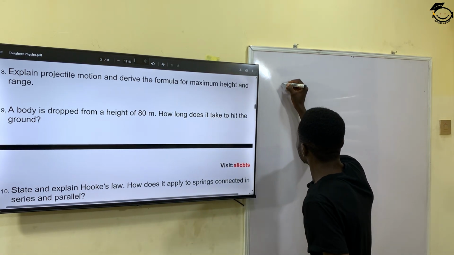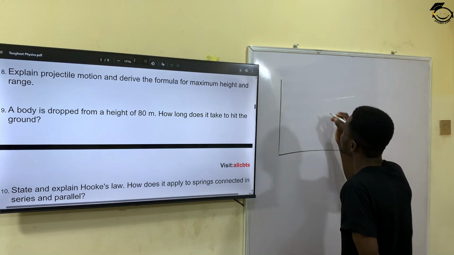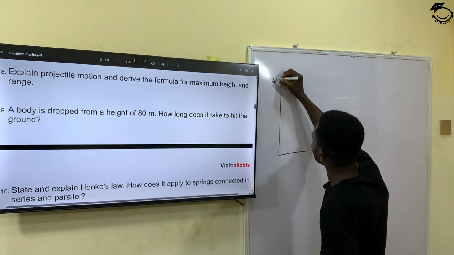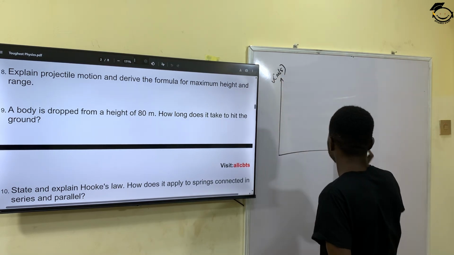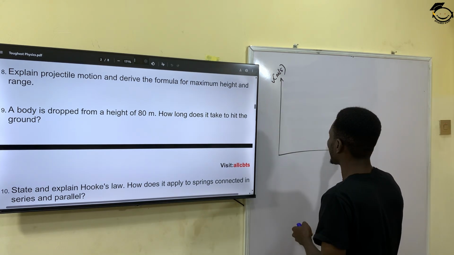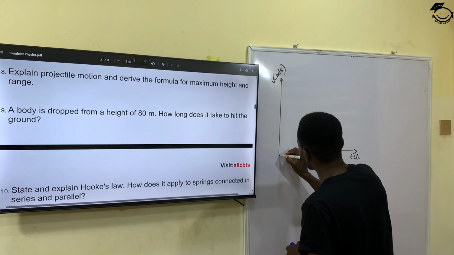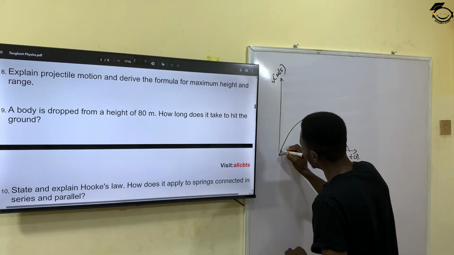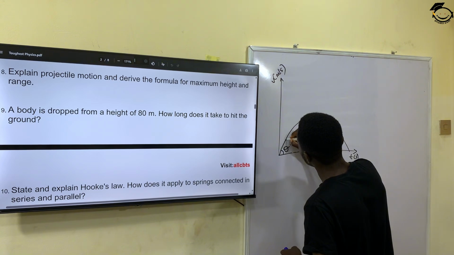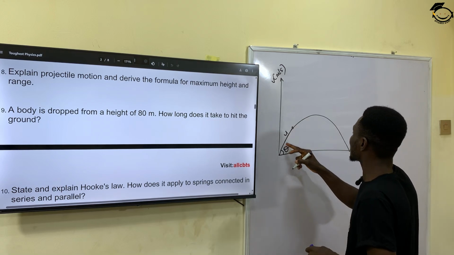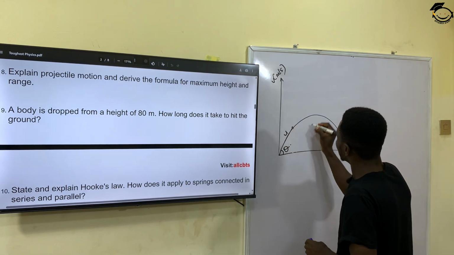What do I mean? This is a graphical illustration of projectile motion. So this is velocity and this is time, or distance as the case may be. If an object is projected from this point, it returns back to the projection plane. It is projected at an angle of theta, and it is moving with an initial velocity of u. So when this object is projected from this point and it returns back to the projection plane, this point here